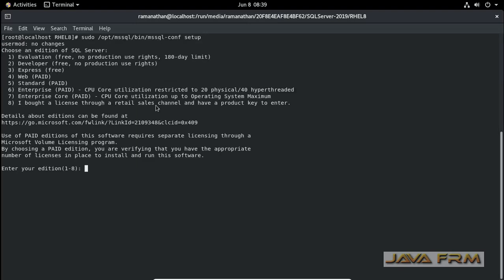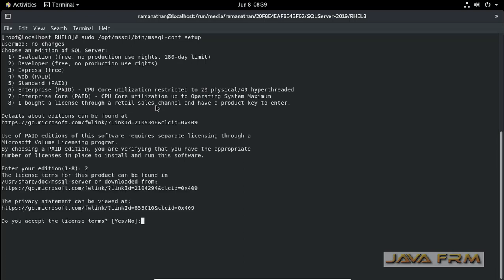It will display the menu. I am choosing the Developer edition, accepting the license agreement, and providing the SQL Server 2019 administrator password. The password should be alphanumeric with at least one letter in uppercase and one special character.